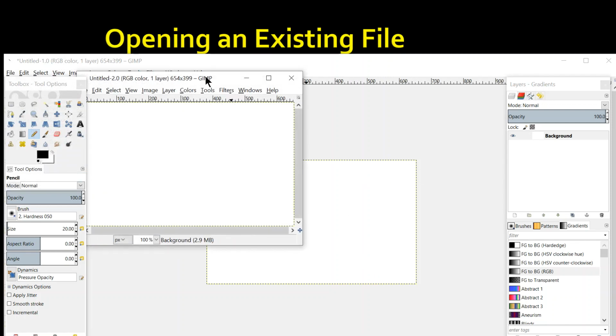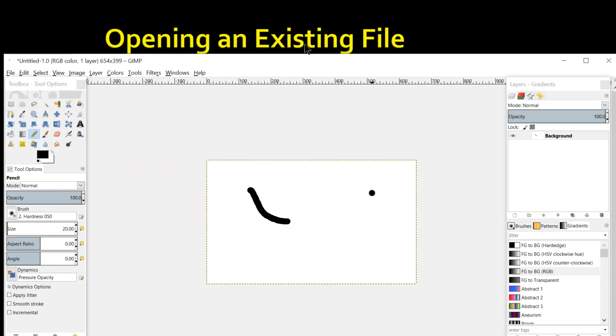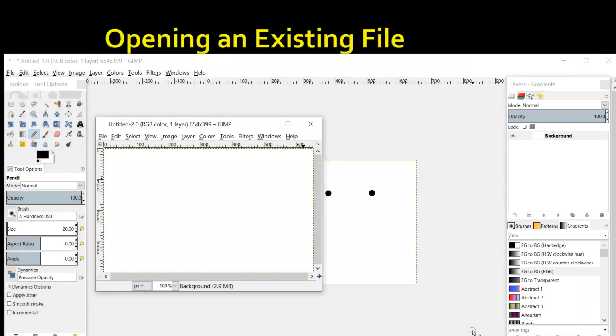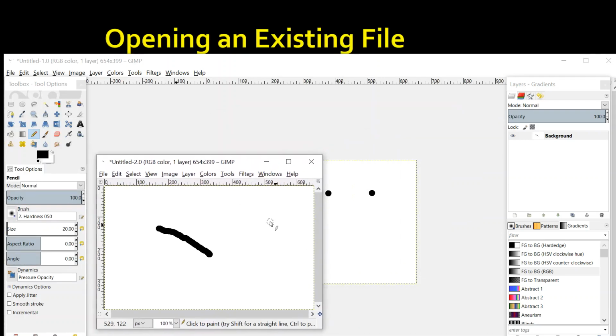Here you can see, पहले मैंने ये इमेज खोली थी. Now this image is there. Means in a single window we can work on many windows. समझ में आया? It is multi window software. तो here you can see, इसमें अगर काम करना है तो ये जो रूलर आपको दिख रहा है, this is the ruler for this image. फाइन. और सेकेंड इमेज मेरी कहाँ गई? That is minimized. वो नीचे मिनिमाइज हो गई है, ये रही. This is the second image and this is the menu bar for this image only. फाइन, इस इमेज का मेन्यू बार है ये. This ruler is for this image. Means at a single time we can work on more than one image. Now next let us close it.